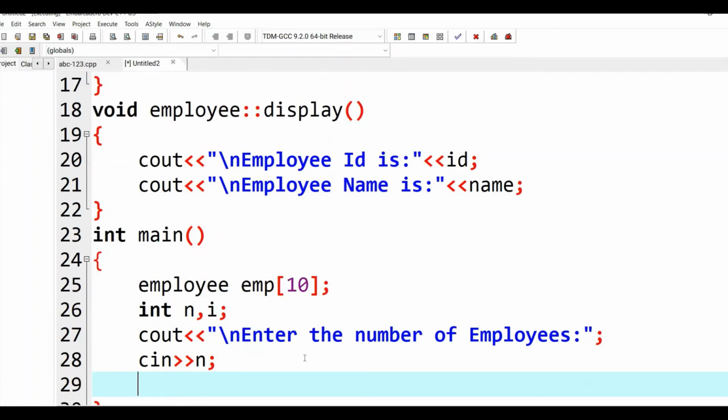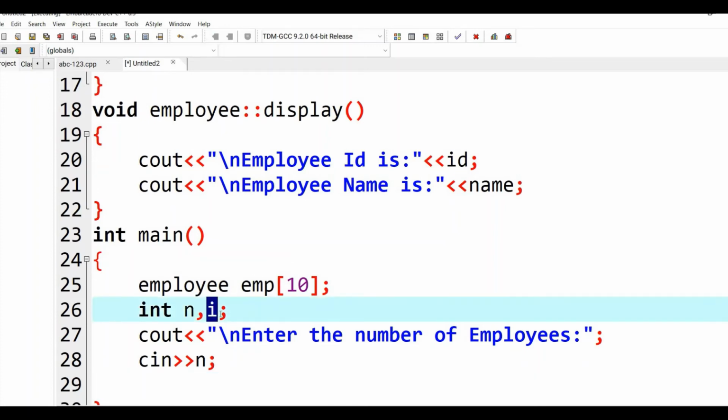Now you need to access the member function, right? Since we are displaying the value for 3 employees or 4 employees or 5 employees, we need to use this for loop. It will start from 0. Since we have declared i as iteration, so what we can do here, if you are accessing the